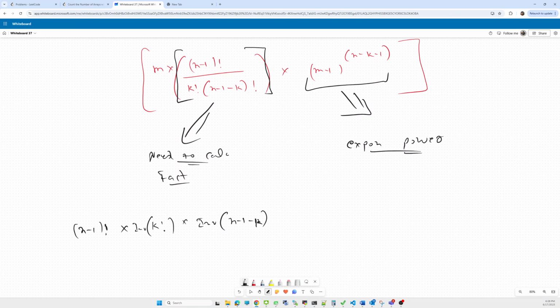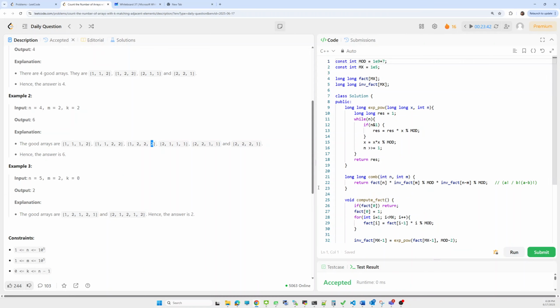Okay, we'll solve this. For that, what we have to do first is pre-calculate the factorials for all of that range. Similarly, we have to use the fast exponentiation power method to calculate the power easily in log n time. Okay, so now let's look into the code side, what will be the coding.